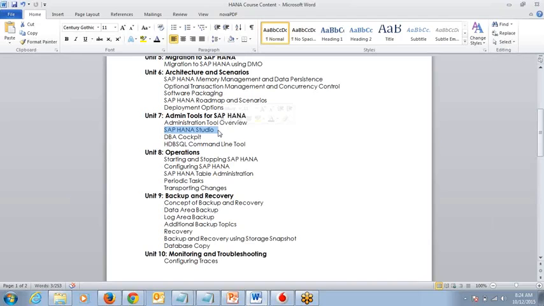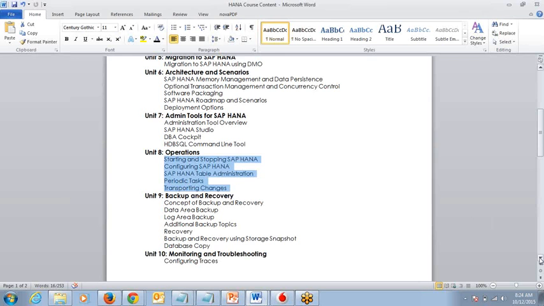Why we should be very careful with HANA is because of the database, not other things. Okay, if something goes wrong, you might lose the data. You will mess up something with the data. And apart from that, here the actual course starts, with the start and stop and the patching